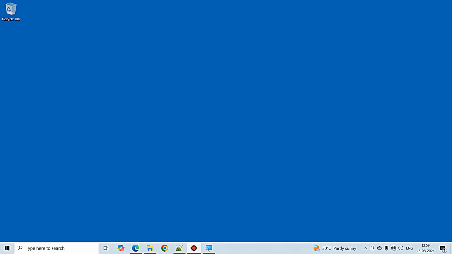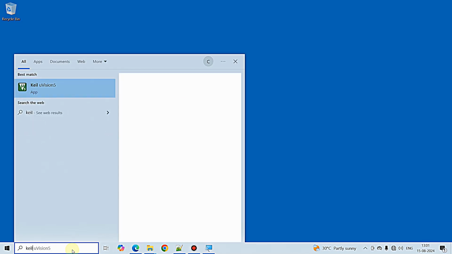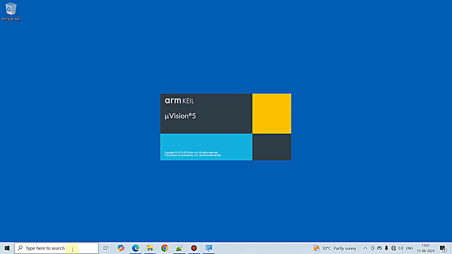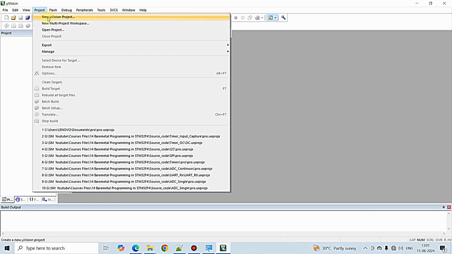Let's get started. To get things started, I am going to open the Keil Microvision IDE and configure the project for the microcontroller STM32F446RE. I am opening the Keil Microvision IDE 5. You can see there is nothing currently open in this IDE. Just click on the Project tab on the top and then click on New Microvision Project